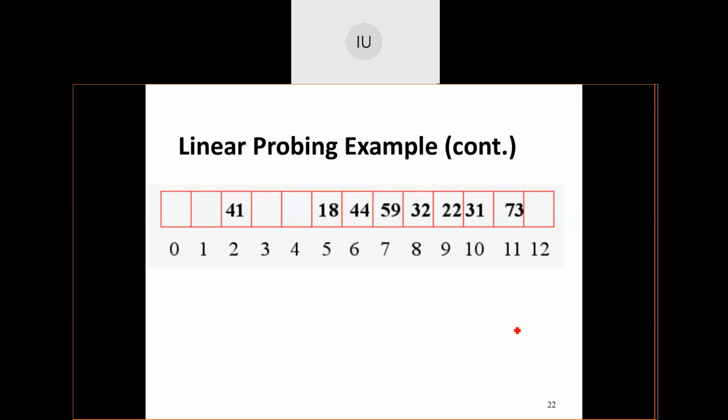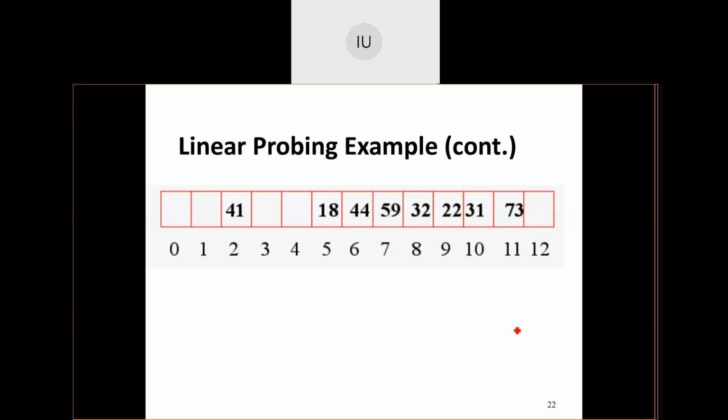Then what is the solution for this? I have one additional thing to be done for this linear probing. Instead of adding plus 1, plus 2, plus 3, plus 4, I will try to reduce the amount of clustering by doing plus i square.